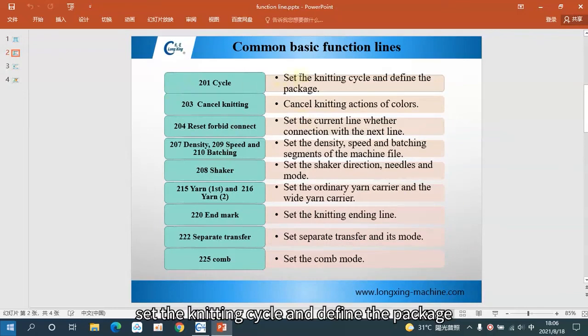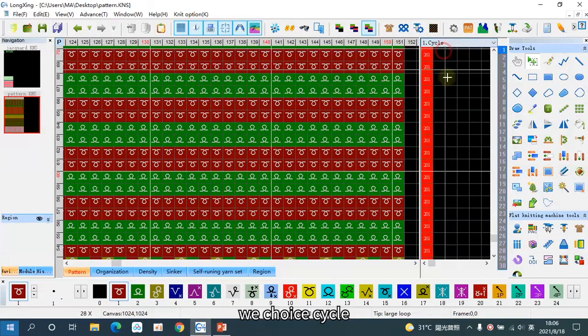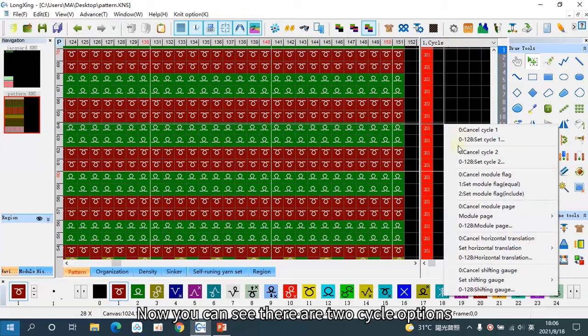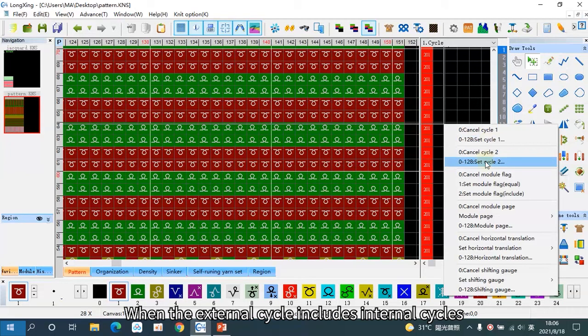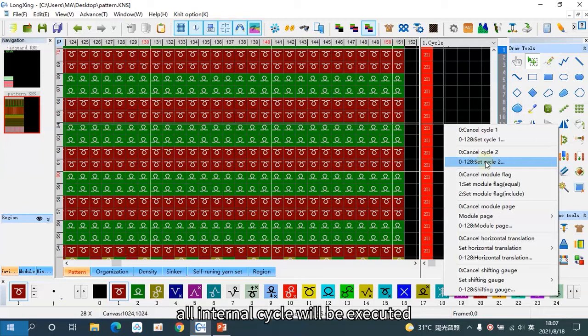201 circle, set the knitting circle and define the package. So in function lines, we choose circle, then right click. Now you can see there are two circle options, circle 1 and circle 2. Circle 1 indicates an internal circle. Circle 2 indicates an external circle. When the external circle includes internal circles, it means when one external circle is executed once, the internal circle will be executed. For example,